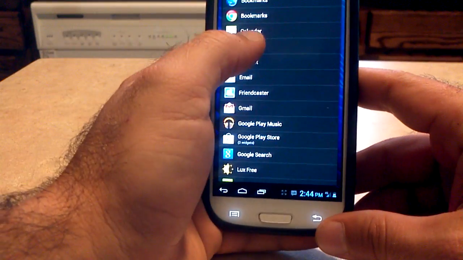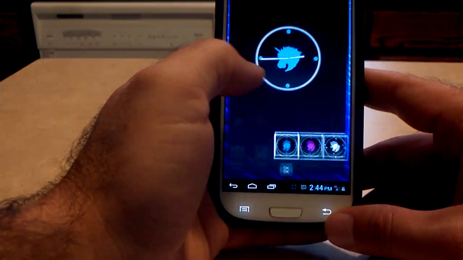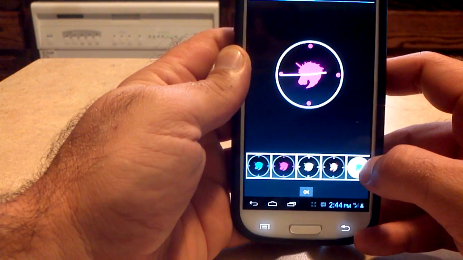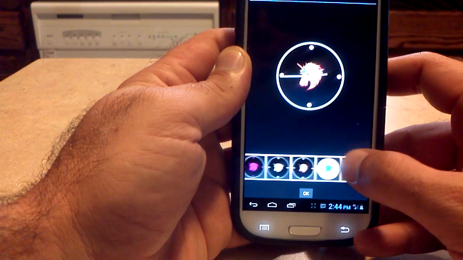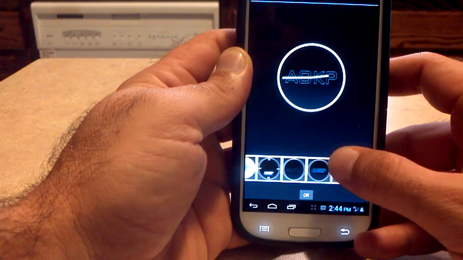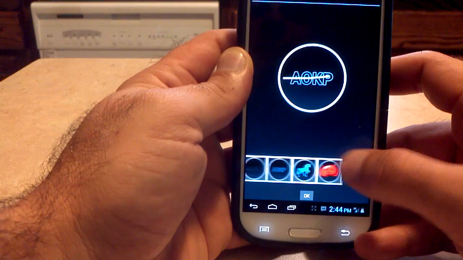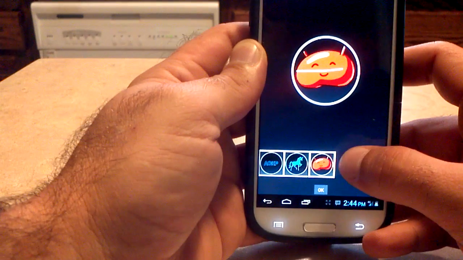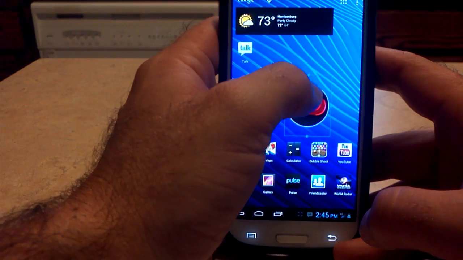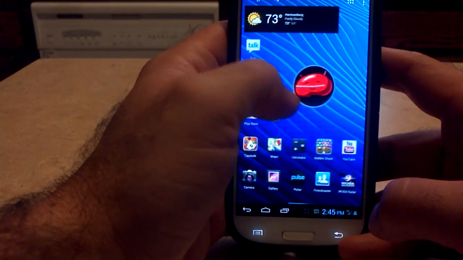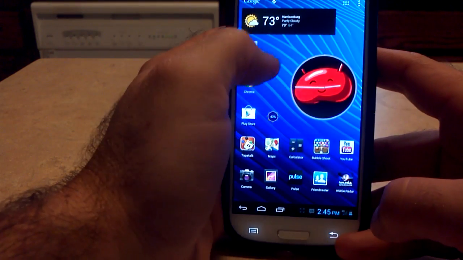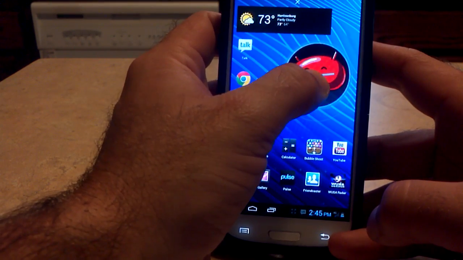I'm going to go to the clock, AOKP clock, and it gives you all these different AOKP clocks. You got a pink one, you got this unicorn one, which I was using. You've got these here, which are pretty cool. And you got the jelly bean one. Let's use the jelly bean one. And then you can resize it since you're using Nova, make it even bigger. How about, there we go. Now we got this big old jelly bean